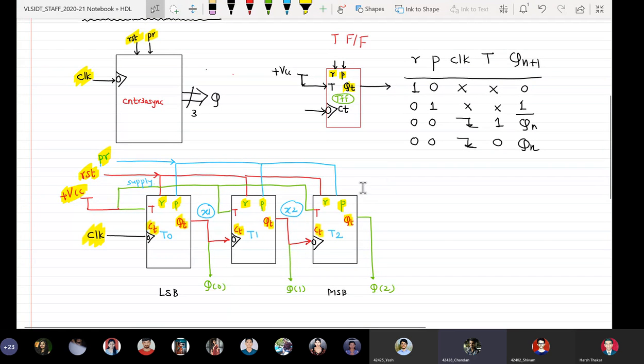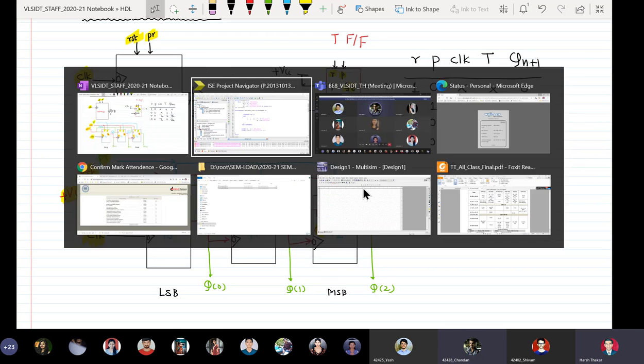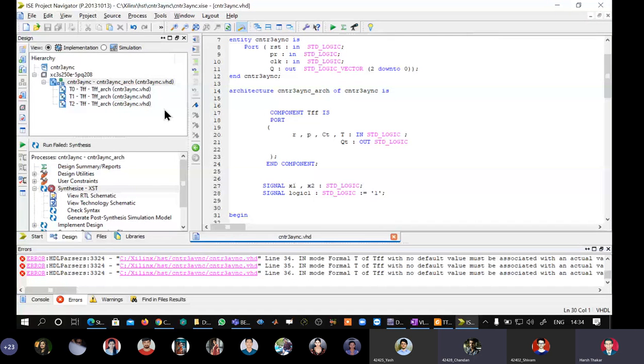So can we do it like, while doing a test bench program, we'll assign it high and use T directly there? No. For the synthesis has to go correct. There are errors in synthesis. See, we can proceed with simulation if there are warnings, but with errors, I don't think so.